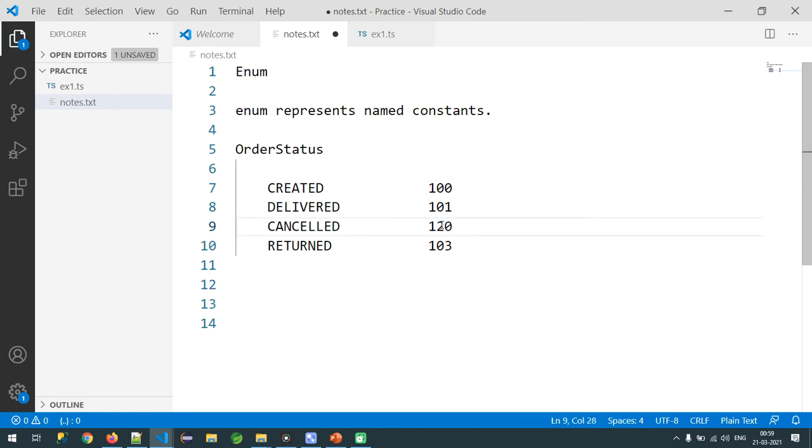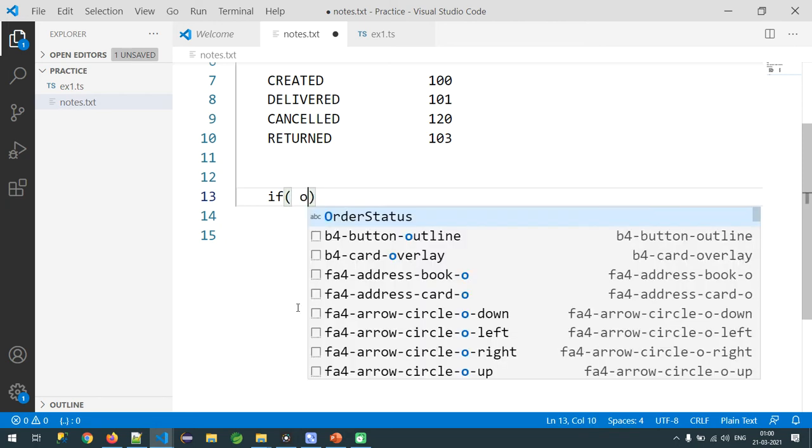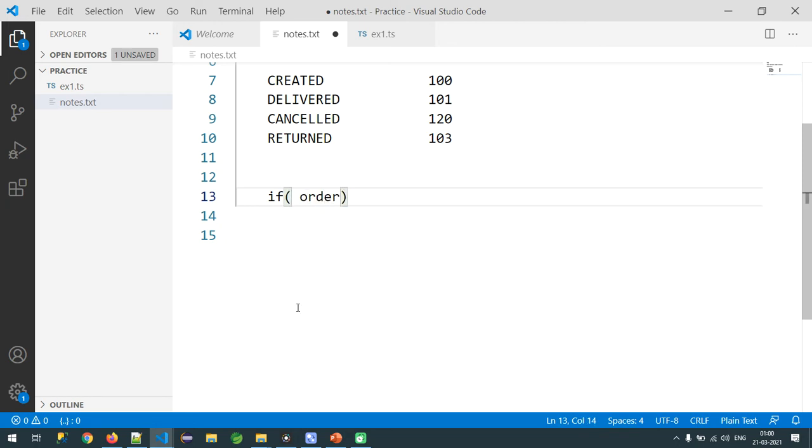That is totally fine. Now I am asking the question: as a programmer, I always use optimized code, sir. Right now, if I store the string, my database occupies more space. That is why I am going to store 100. Now observe, I am going to write one simple if block here: order status equal to 100. Now what logic am I writing, sir?